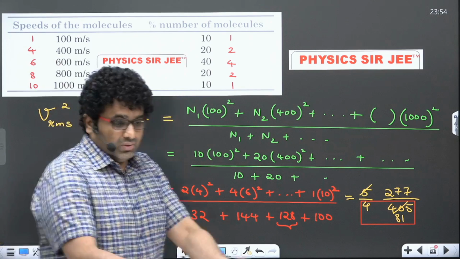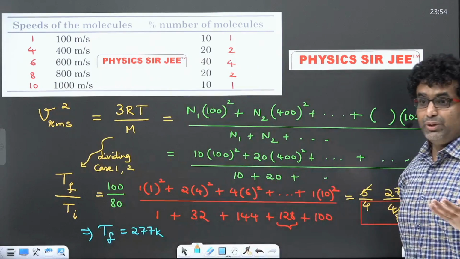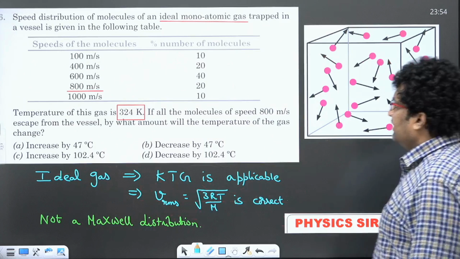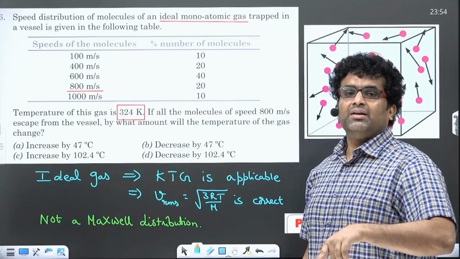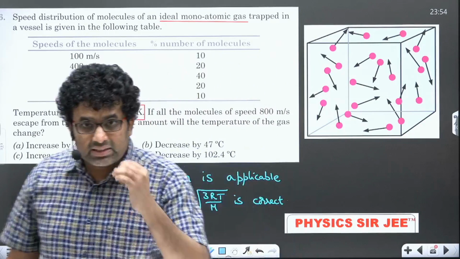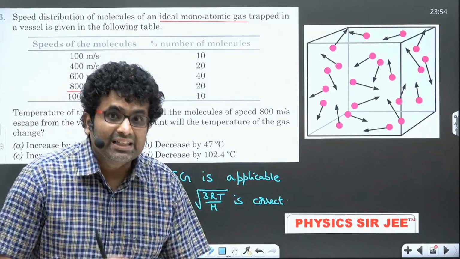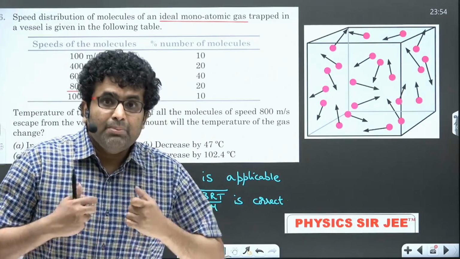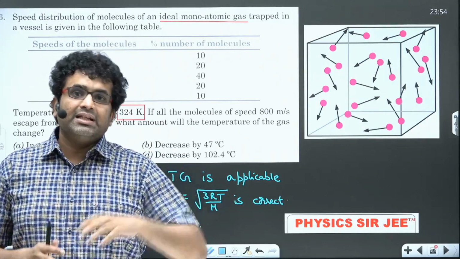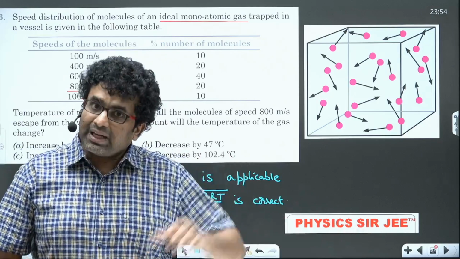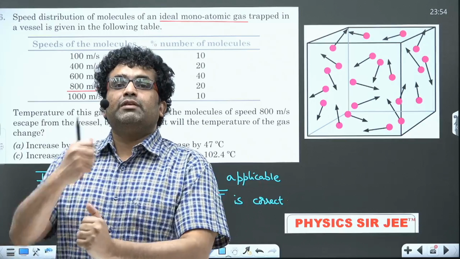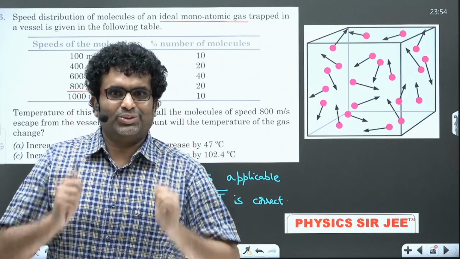As expected, you remove gaseous molecules contributing towards velocity or internal energy, it cools down. And this ideal gas, which is not obeying Maxwellian distribution but still obeys the root 3 RT by m because it is going to take up kinetic theory of gases. A lot of students make a mistake in thinking that root 3 RT by m is because of Maxwellian distribution. Yes, Maxwellian distribution gives root 3 RT by m, but we arrive at root 3 RT by m even before going there. That's the most important part.